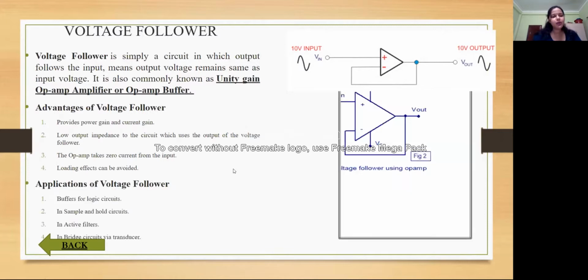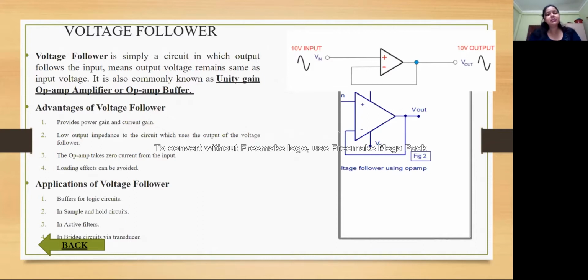So what is a voltage follower? As the name implies, a voltage follower is a circuit where the output voltage follows the input voltage. Here in this picture, you can see that the output voltage is 10 volt from an op-amp where we are also giving a 10 volt supply as input, right? Whenever a similar output voltage with a similar phase and similar waveform is obtained from an op-amp circuit, we can say that the op-amp is being used as a voltage follower, right?